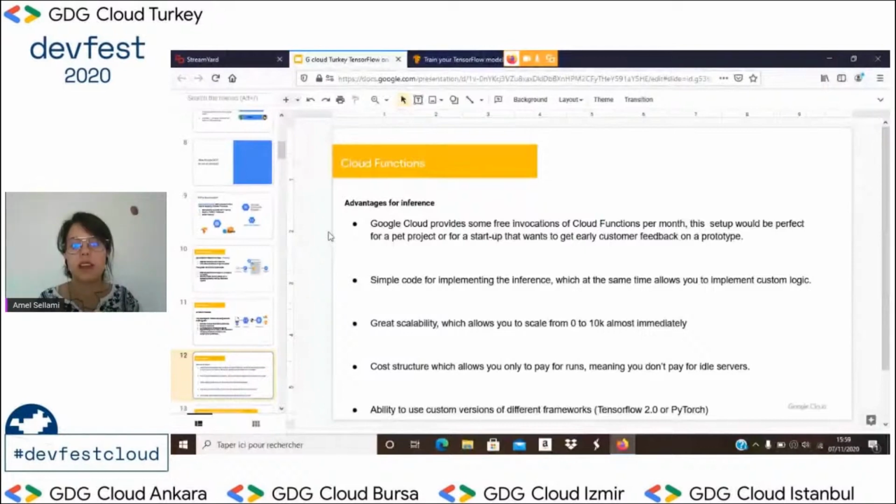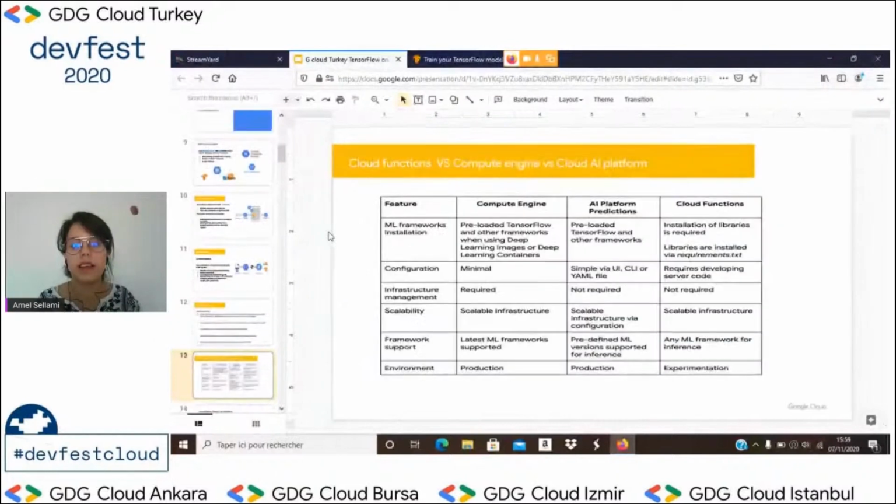Okay, so this table shows the three different platforms, the best part of each, and the things that you want to use them for. Because basically, when you're going to use a model in Google Cloud Platform, you're going to ask yourself: what do I want? What do I need? What is the model that I'm going to use? And all these kinds of things.